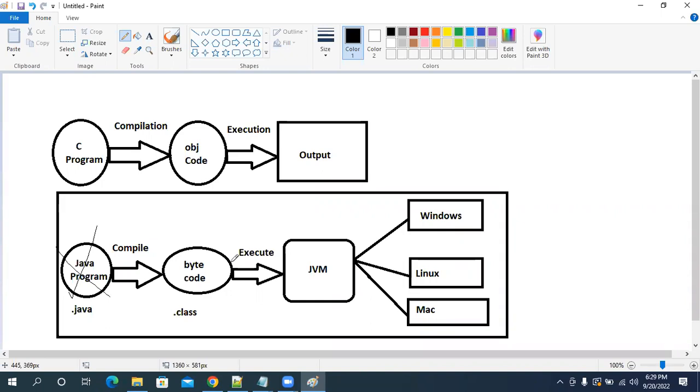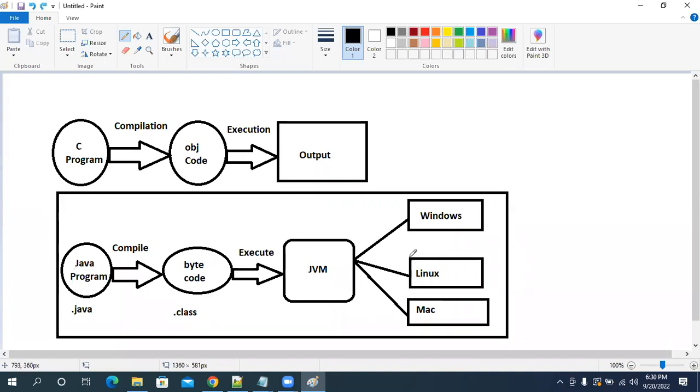Who is converting the bytecode into machine understandable format? JVM. What is the full form of JVM? Java Virtual Machine. How do we get the JVM? Can I go to a shop and purchase it? Whenever you install Java, JVM also will be installed. Last row, are you concentrating? Whenever we execute this Java program, JVM will convert the bytecode into machine understandable format.